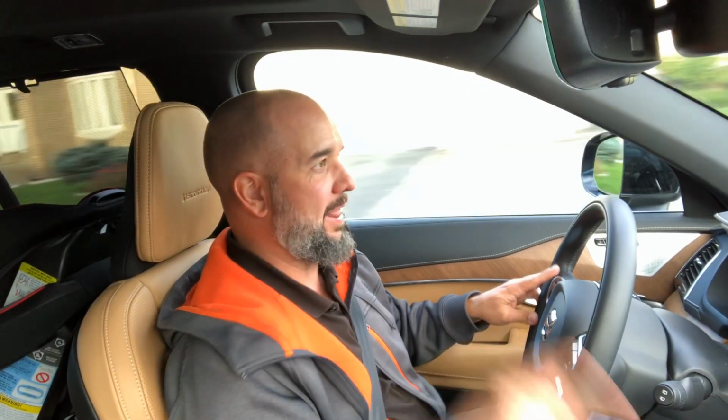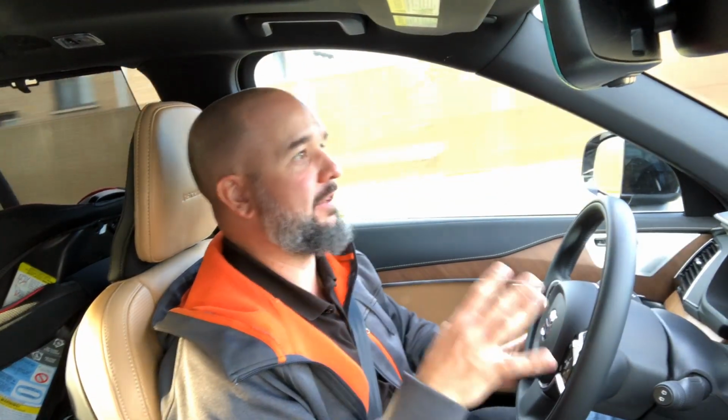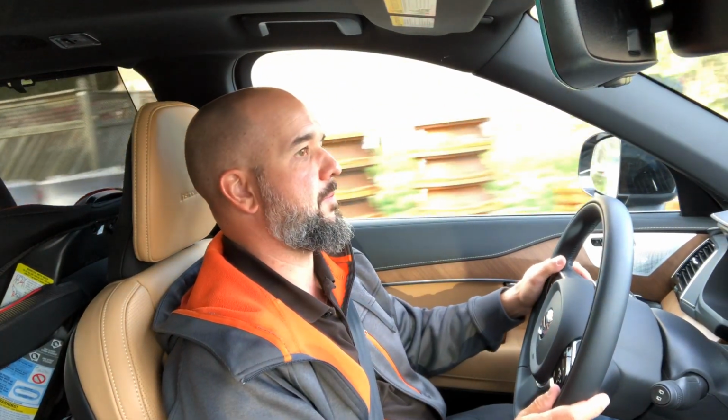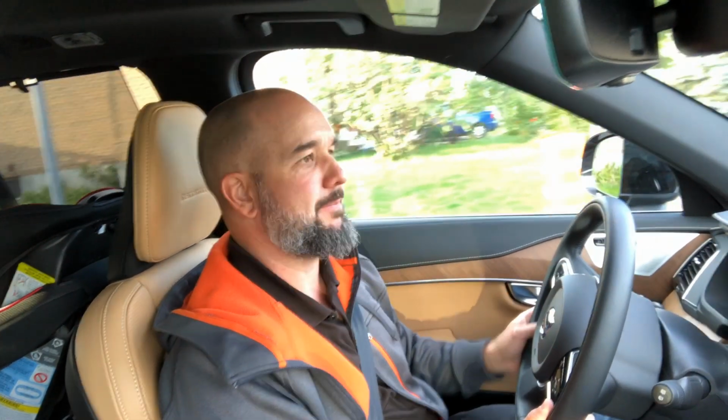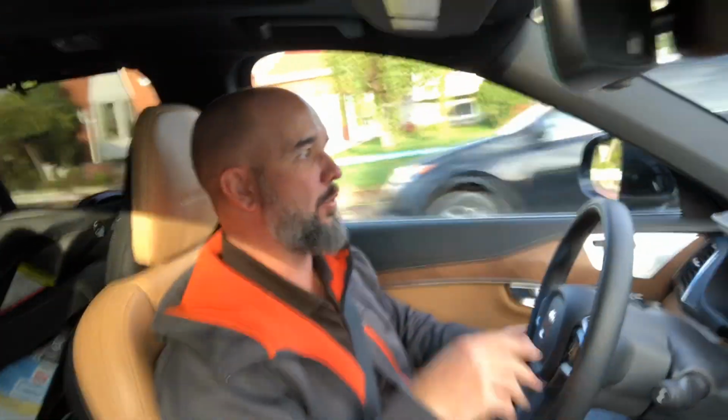Now, doing that is what allowed me to do my road trip over the weekend, closing in on about 400 kilometers, which allowed me to actually drive in the village of Tremblant, Mont Tremblant, in pure EV mode. The road's about to get really nasty. In pure EV mode, and then lock out the remainder of the battery charge in order to only use